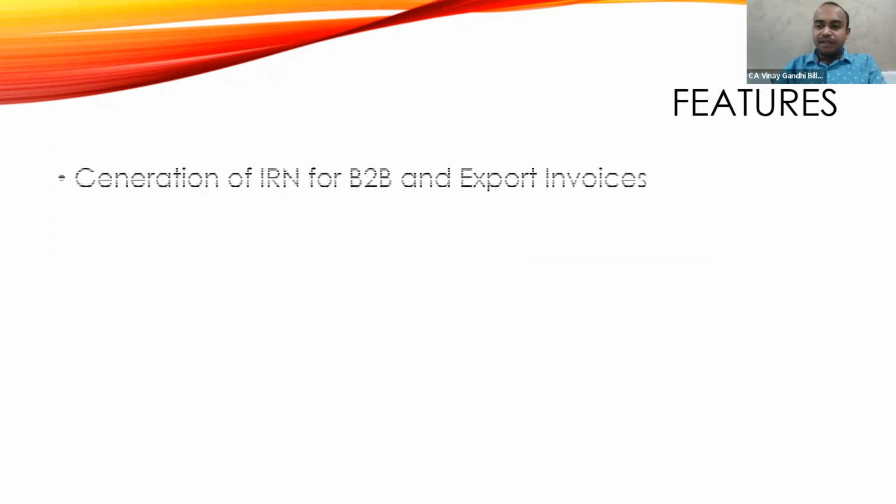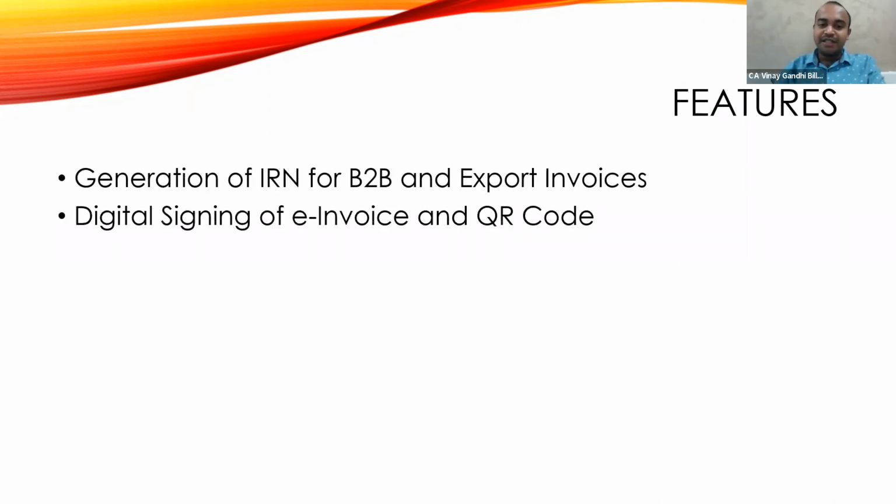And talking about e-invoice, the features are, as I said, it is only for B2B and export invoices. I am digitally signing the invoice, and also a QR code is being generated, which can be verified. That QR code has all the details of the invoice, goods, supplier, buyer, from where it is going and all, because that QR code is an offline reading, meaning it can be read even offline. It need not be online only. It can be read even offline through a QR code scanner.